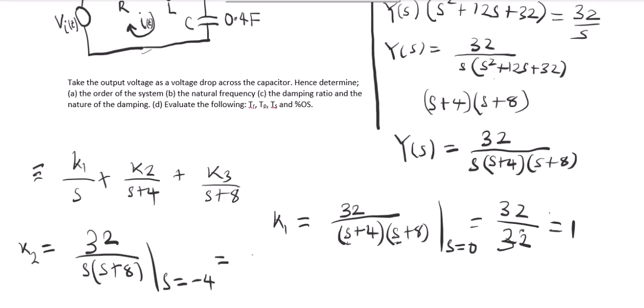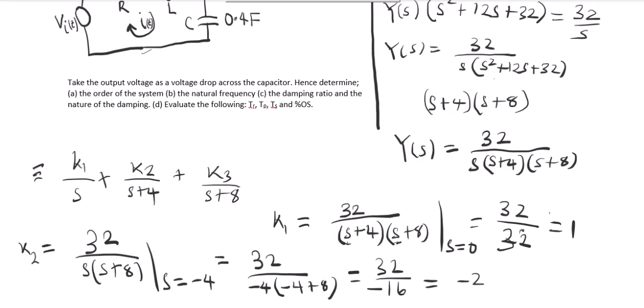So now here we have 32 over minus 4 into minus 4 plus 8, because anyway you find s, you are going to replace it by minus 4, which is equal to 32 over minus 4 plus 8 is 4 times minus 4 is minus 16. So here we have